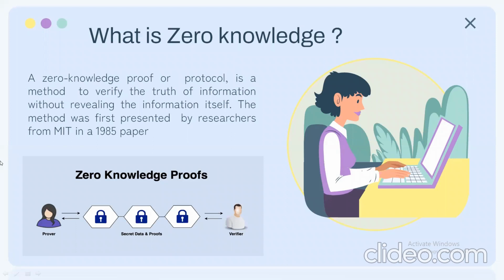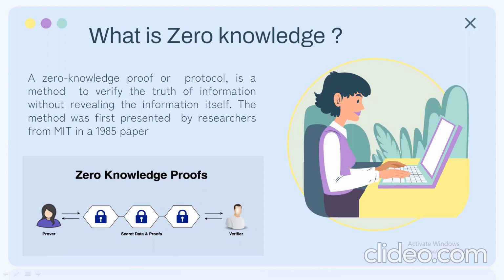Hi everyone. So today we are going to learn about the zero knowledge proof concept. So first question, what is basically the zero knowledge proof concept? Zero knowledge proof is a protocol, basically a method to verify the truth of information without revealing the information itself. It means that we just have to verify that the information is present or not without revealing any key details of the information. This concept was first proposed by some researchers from MIT in the year